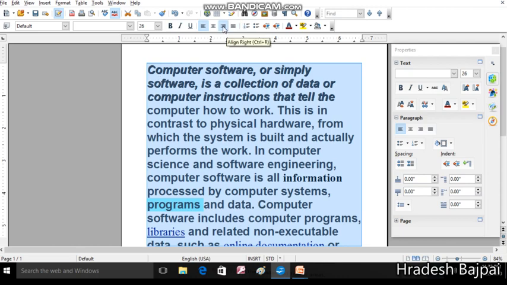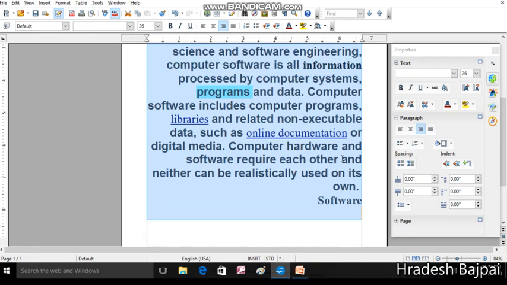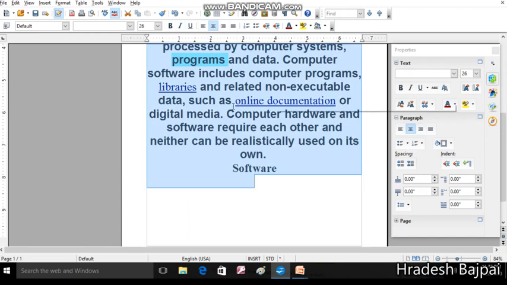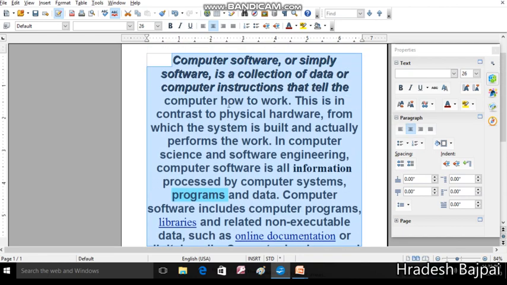As you click on the right alignment, you can observe the change. Now all the lines are closer to the right boundary, and the starting place of each line is different. The ending position of each line is different, and it doesn't look ideal. As you click on center, it will look like this. You will find equal space in each line from the left and right side.